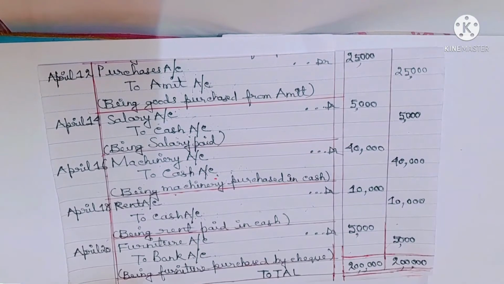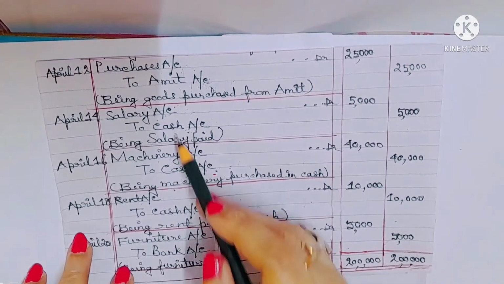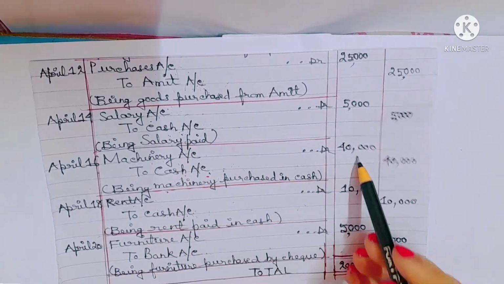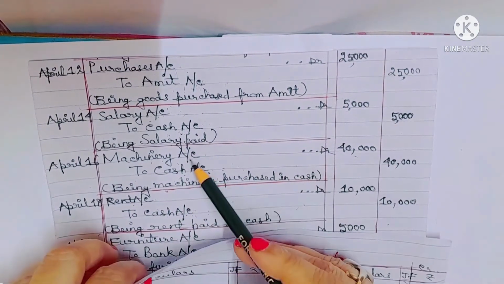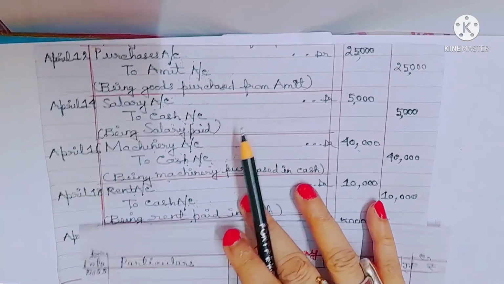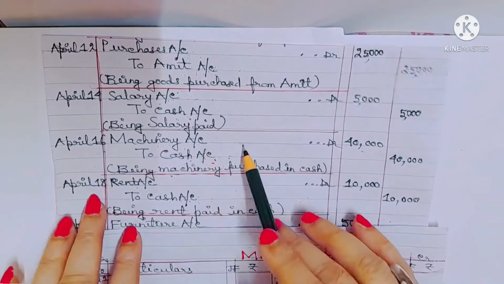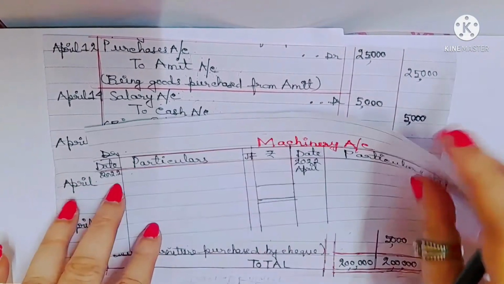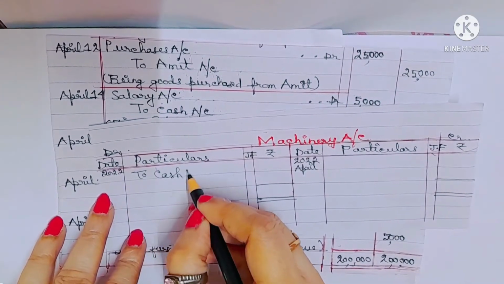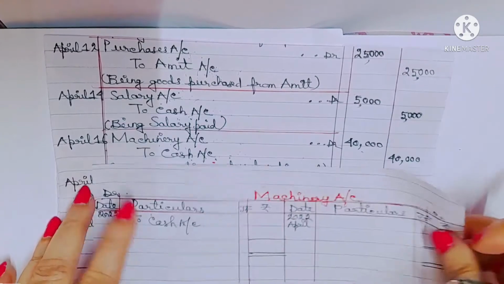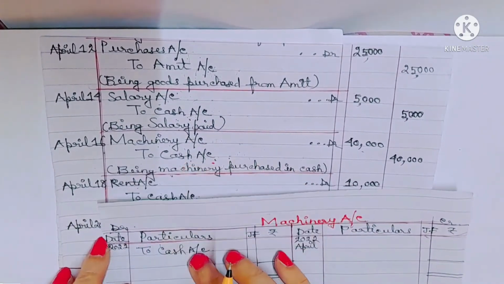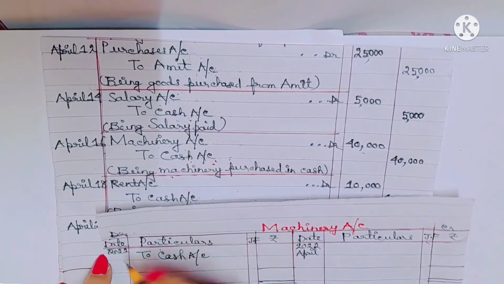What is the next account? The next account is machinery, and cash done. So machinery account, let's do it. How much? 40,000. Which side is machinery on? Machinery is on the debit side. We are preparing machinery account, so since machinery is on the debit side, we'll write cash on the debit side as well, to cash account. Date April